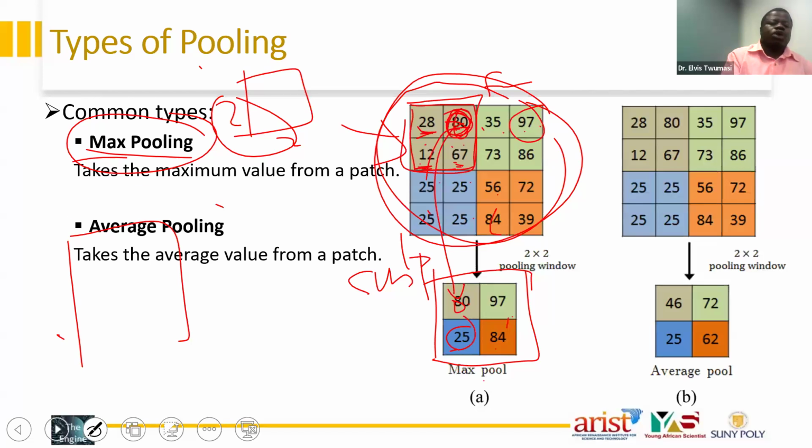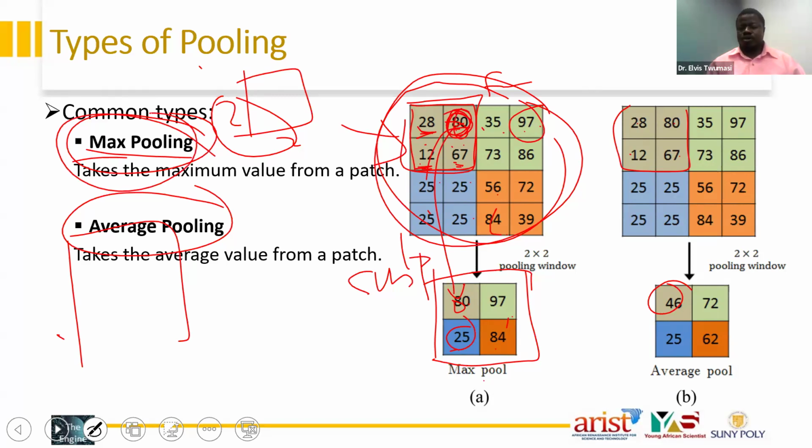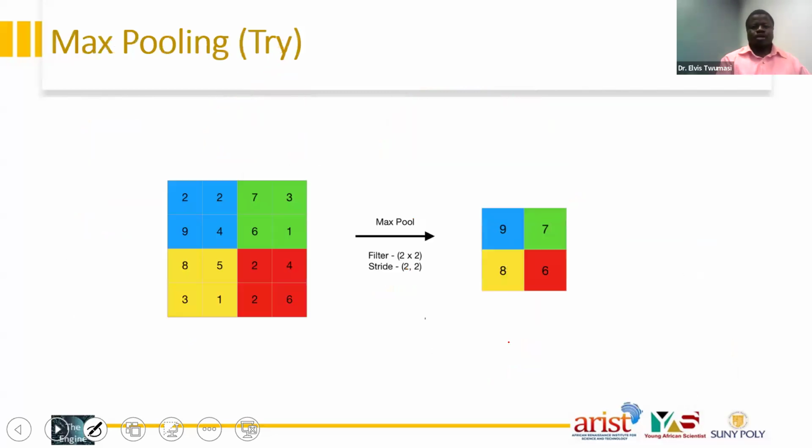But we also have something called average pooling, where you pick the 2x2, add all the 4 numbers, divide by 4 and put the answer there. Some people use average pooling or max pooling, so depending on what you are doing, you can decide to choose. But almost everywhere now we use max pooling to shrink the image. After pooling,